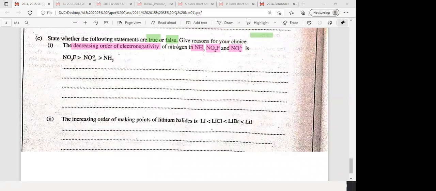First tell me whether it's true or false. Electronegativity depends on what? Electronegativity of which atom? Nitrogen atom. The best thing is, you can write here: electronegativity depends on the oxidation number, hybridization, charge, s character, and